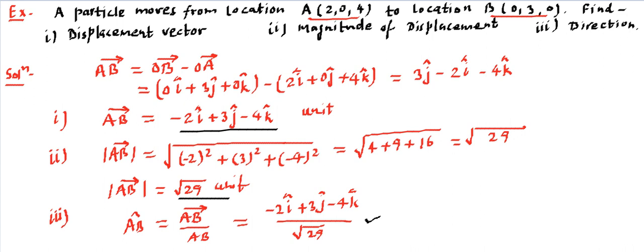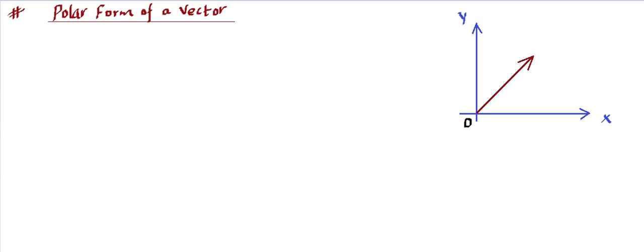Now let's move ahead. Now let's talk about another important form of a vector, that's known as the polar form of a vector. Generally it's represented as r theta. R theta is also known as the polar coordinates, just like x, y are known as the Cartesian coordinate system. So let's say there is a vector, this OP vector, and let's say it's 2-dimensional, so it has x and y. We are talking about a 2D vector now.